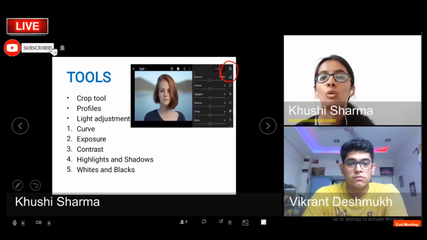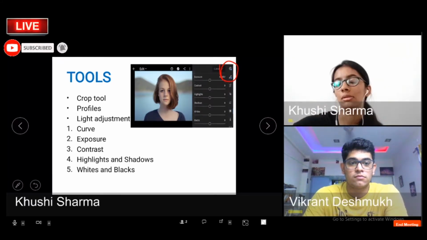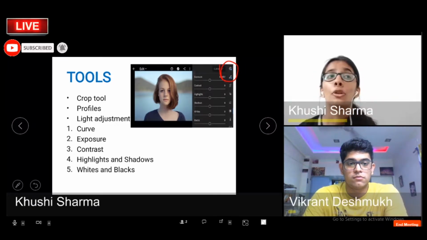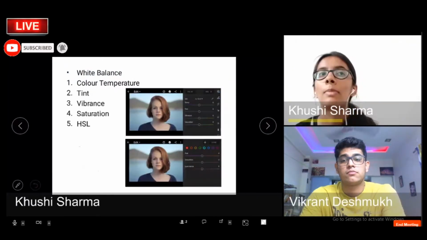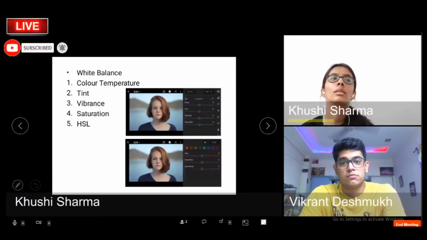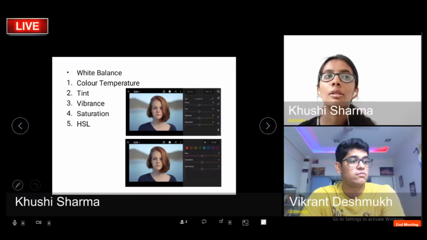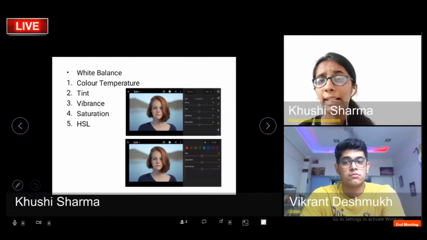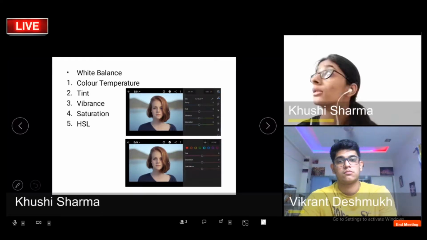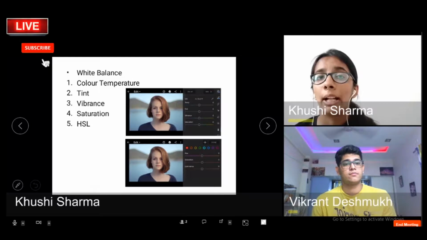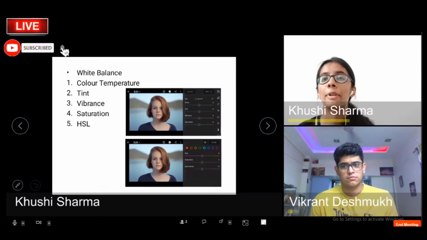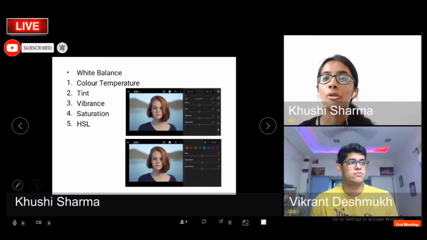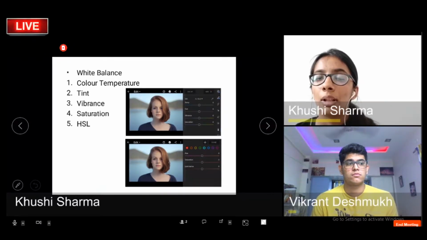What whites and blacks do is, in white you can increase the intensity of the white color. Then there is white balance. By using white balance you can correct the colors and bring balance to the image. By using color temperature, tint, vibrance, and saturation, you can bring the balance you want in your image. And next is HSL,